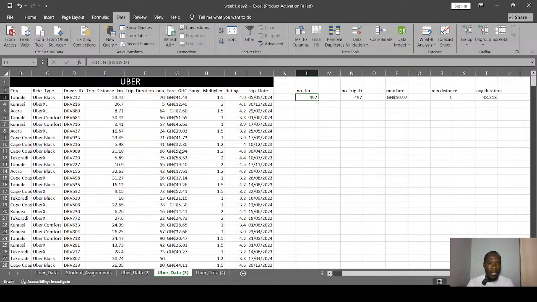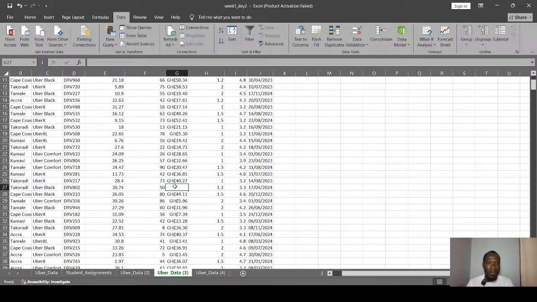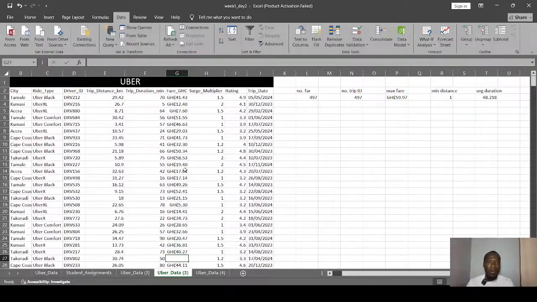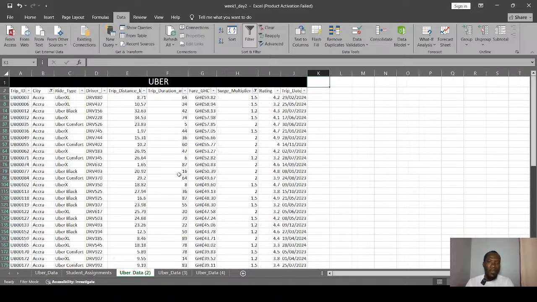Remember that some of the fare values were missing, and we wanted to count the total number of cells that are fare values. The proper answer is supposed to be 497. But if you filter out and you do that calculation, let's see what it will say.